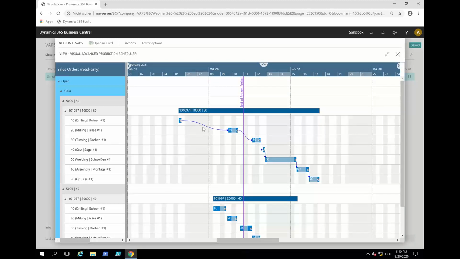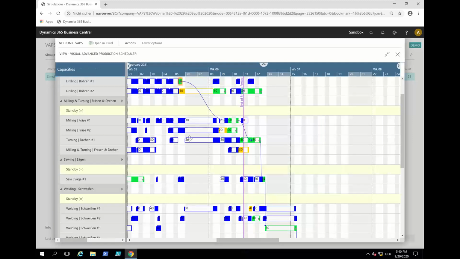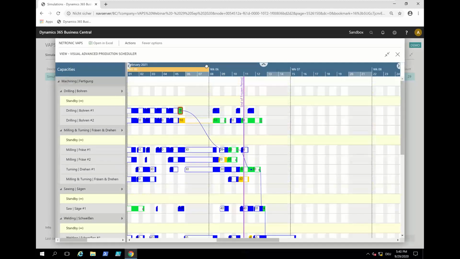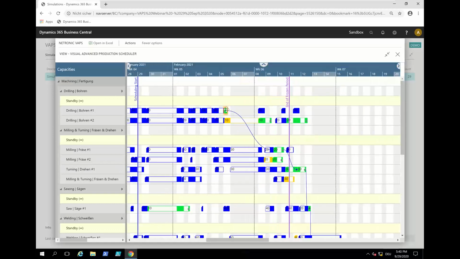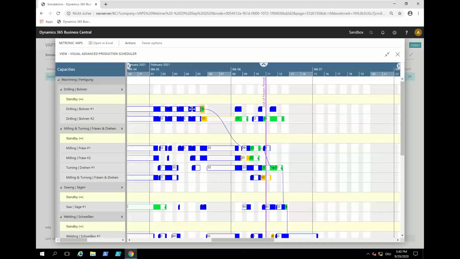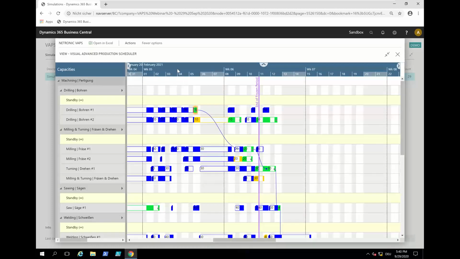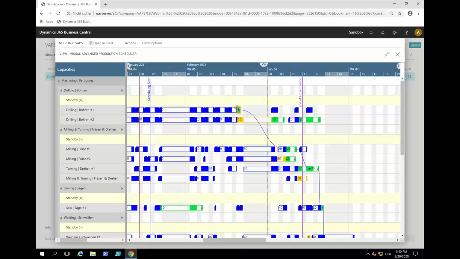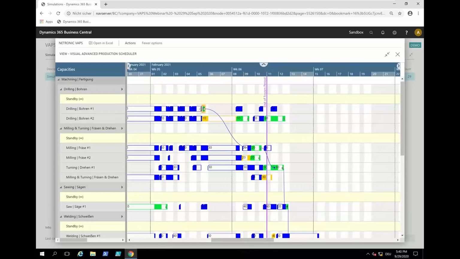So I would say, okay, let me, and I see that I have some time gaps here. It seems that there are other production orders on my milling machine 1 and other production orders also on my turning machine before I can start this. So I say, okay, wait, maybe I can optimize this a bit. So I go back here and then I say, well, you know what? I will try to start this a bit earlier,